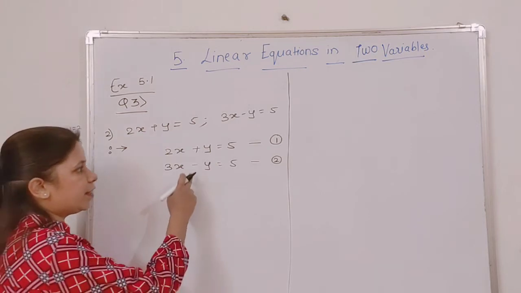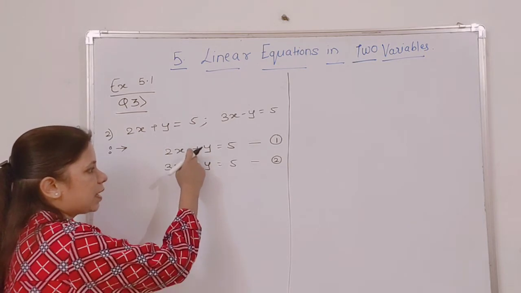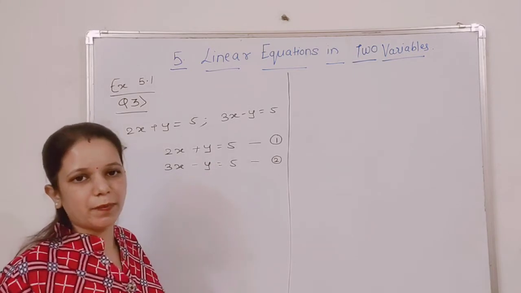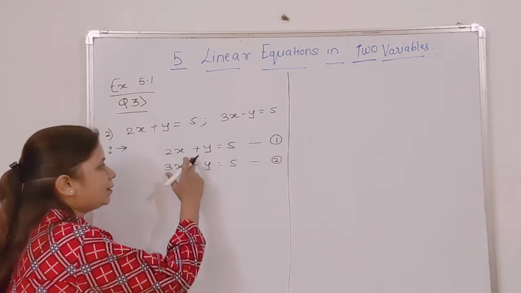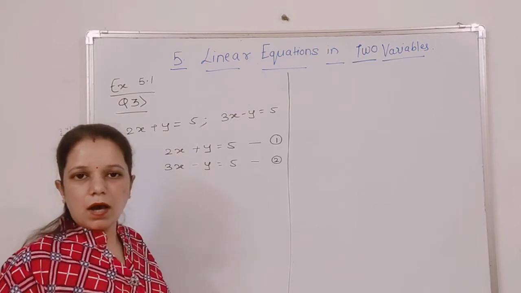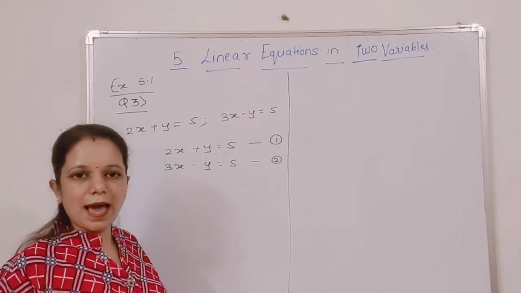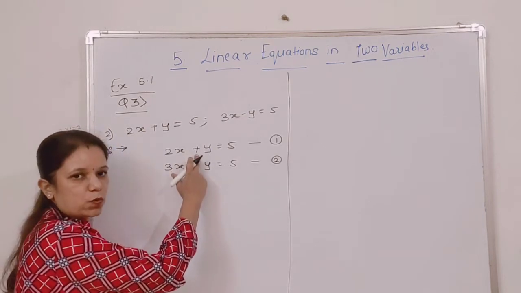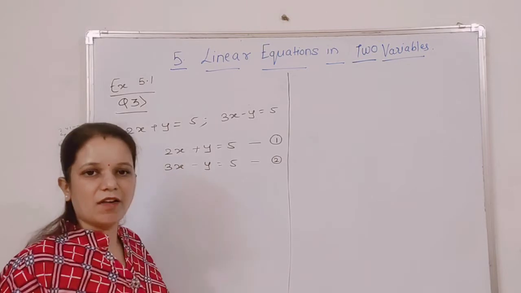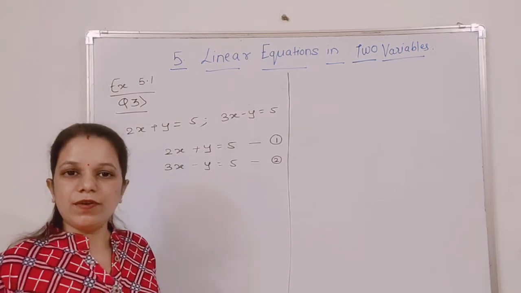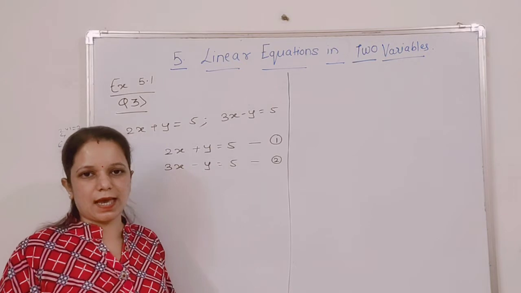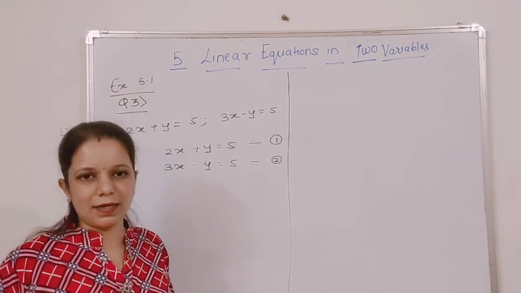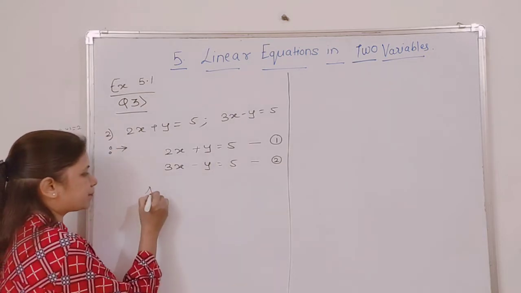Now if we see it carefully, both the equations have the same coefficient for y. So no need to multiply by any other number. And the variable has opposite signs. First equation you have plus y, second equation you have minus y. So when the variable has opposite signs in both the equations, we will just add them. So adding